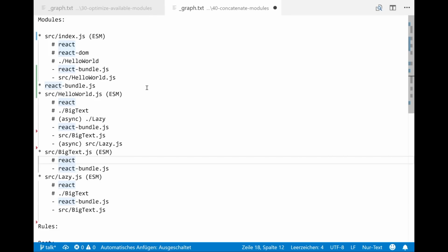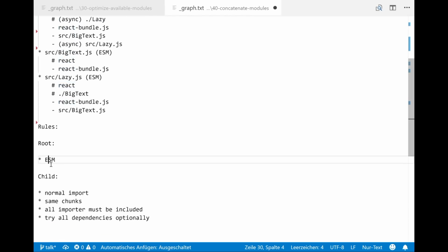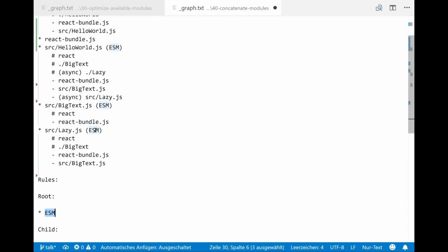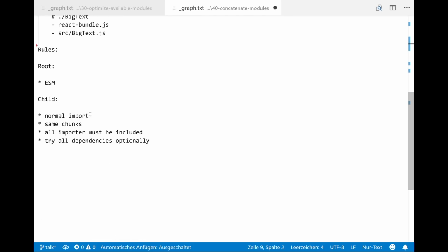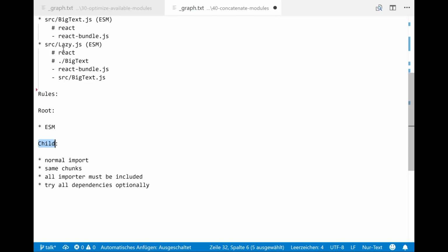So every module could be a root. We check if it's an ESM module, and there's only one module which is not an ESM module because it's a CommonJS module, and this can't be a root, so we can cross it out. Every other module could be a root, and so we try to find children for each of these modules, which can be dependencies.